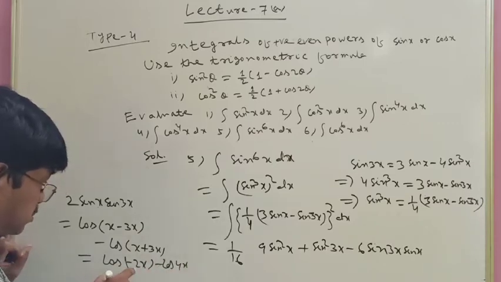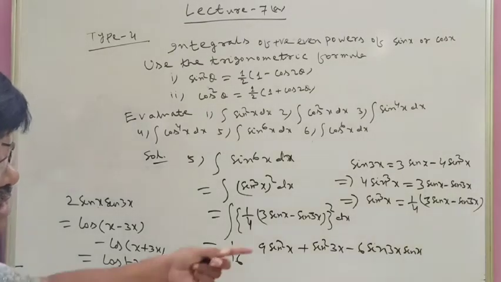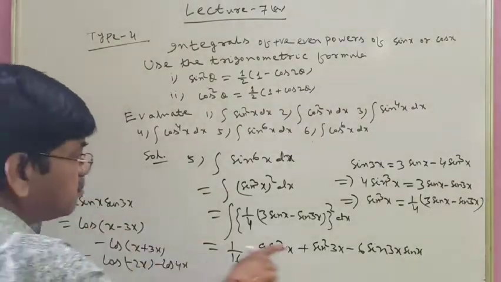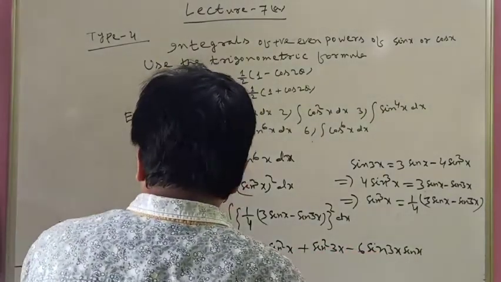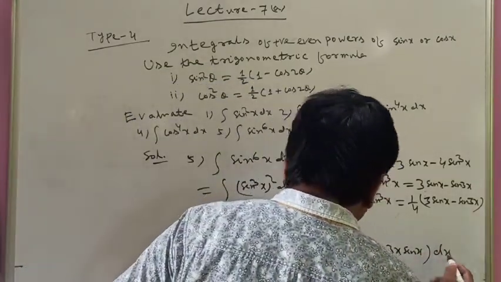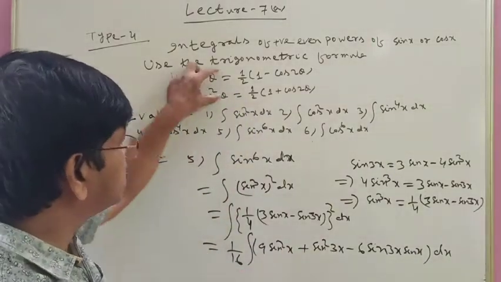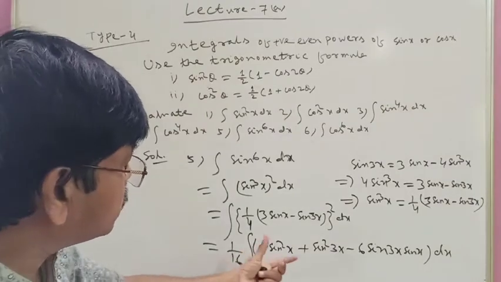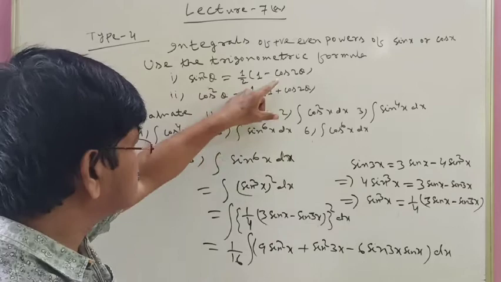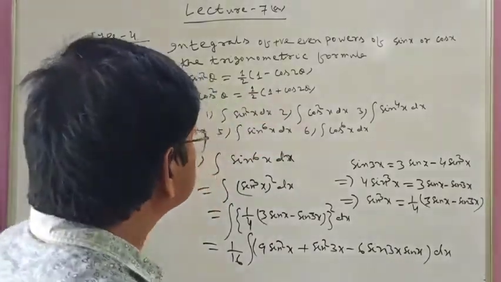Understood? But cos minus theta is cos theta, so you have to write one more step, whereas there it was directly coming plus. That's why always write the bigger angle first. This we have already discussed. So now it is the integration of these two. Then this is a square, so you apply this formula, which converts it to a multiple of cos, because you know sin square theta is half into 1 minus cos 2 theta. Using that formula, this is a multiple of cos, so you can do it now.